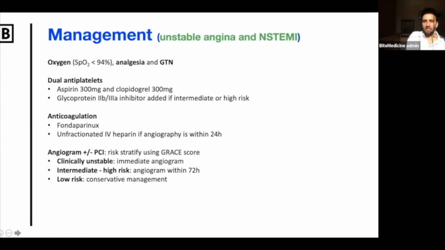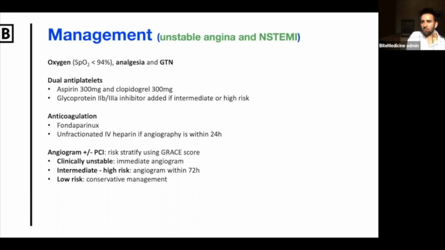In terms of intermediate or high risk, this is going to help you stratify the patients, whether they need angiogram or PCI urgently or during this admission. Have you guys heard of the GRACE score before? It's recommended by NICE in the UK now that any patient with,